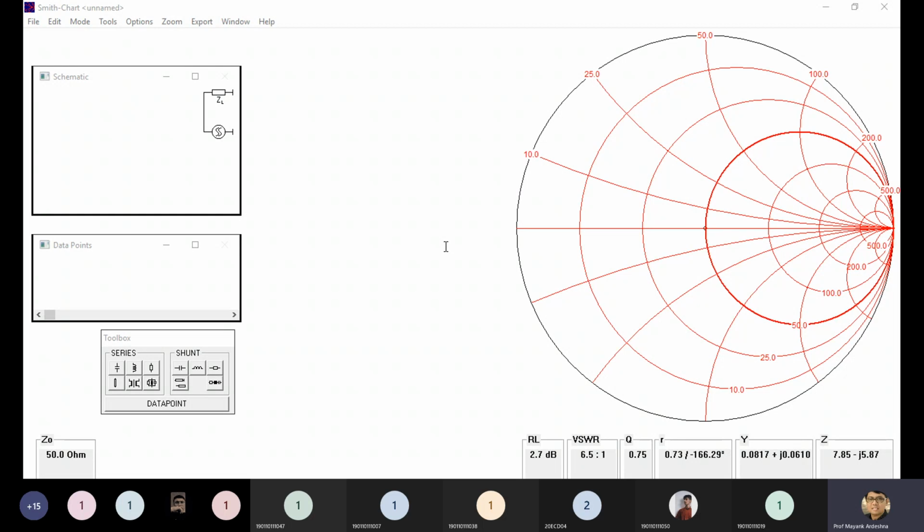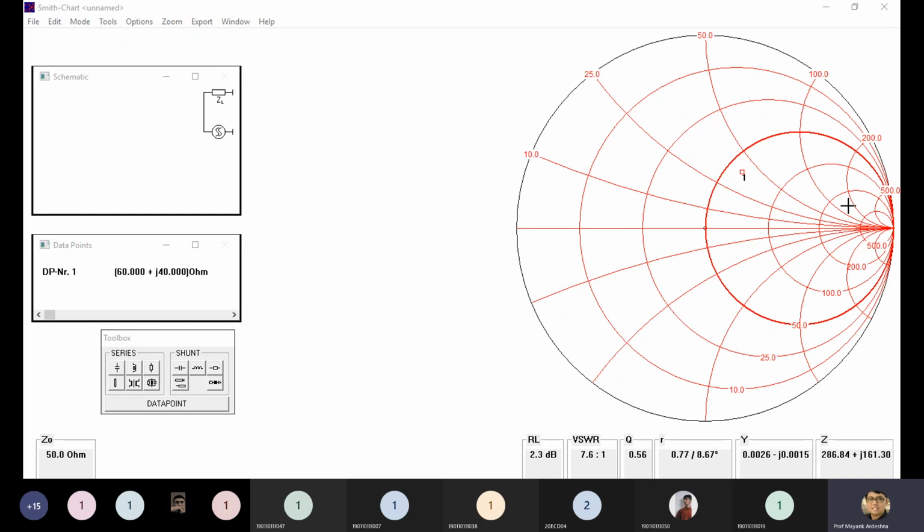Right now you have a load impedance with the value 60 plus 40. So you can insert 60 as the real value and 40 as the imaginary value. You also have the polar form option, which means you can choose the magnitude as well as the angle. But right now you have a complex number, so 60 plus 40 is the Cartesian form. If you have magnitude and angle, you can insert the polar form. Choose the frequency as 2 megahertz, and press OK.